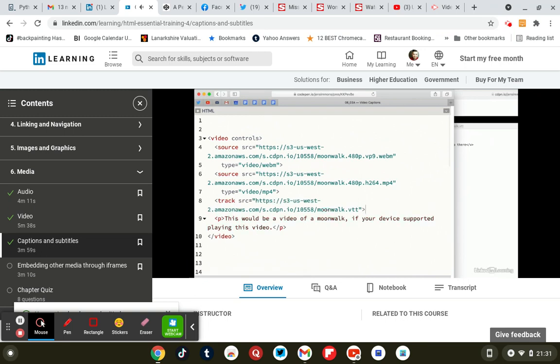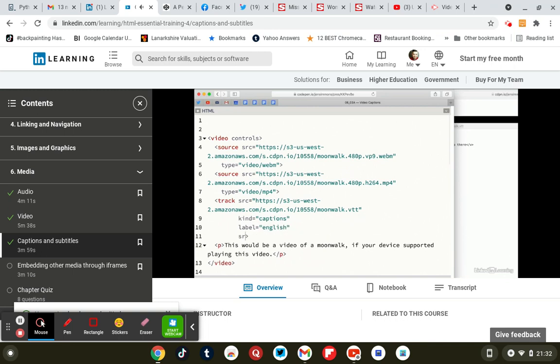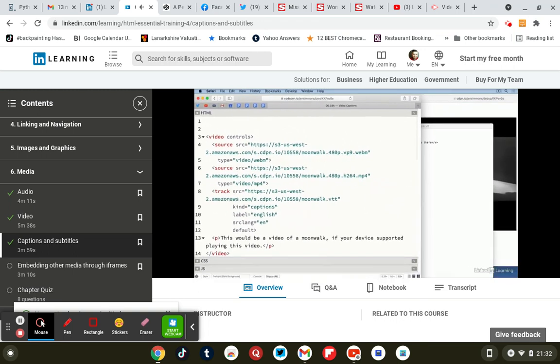To get these captions to show up on our video, we put a track element inside the video element. Just like the source element, it's part of a list of options for the browser to use while rendering the video player. On the track element, we'll use the src attribute to point to the file itself. We'll use the kind attribute to tell the browser that this is captions. We'll add a label of English that will show up in the player as a label for this choice. We'll use a srclang attribute to specify which language this is, and we'll put a default attribute on this track element to specify that this track is the one we want to use by default when a user turns